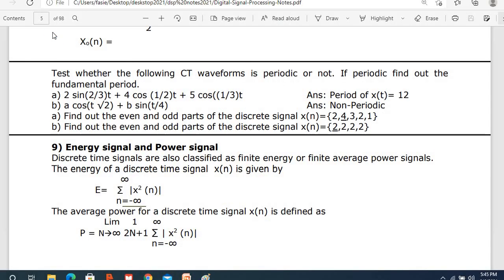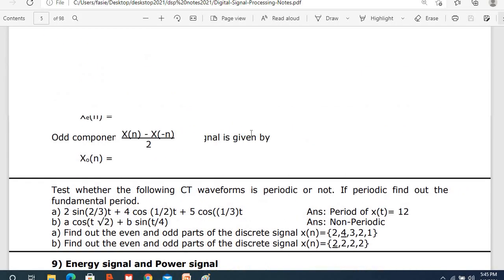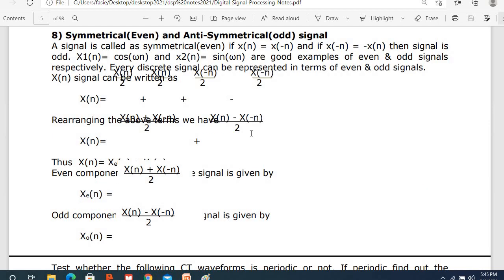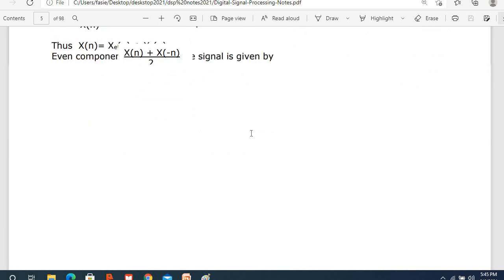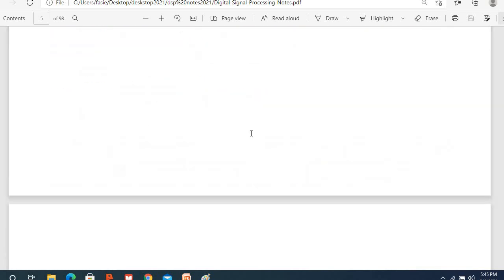So students, we covered the last topic in our previous session. We have seen signals and systems and all the topics related to that. Now in today's session, I am going to teach you how we get the Z transform, what the applications of Z transform are, and why Z transform is used in our signal and system processing.